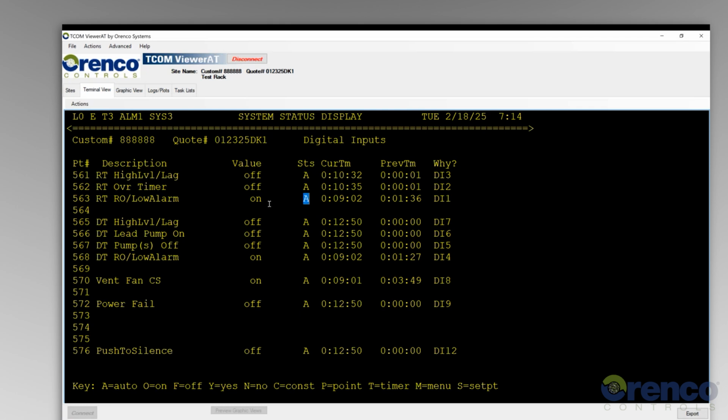So using the tab button, you can tab down, or down arrow, up arrow will do the same thing. But one thing to note, if you do the up arrow or down arrow, it's actually hitting enter at the same time. So if I wanted to tab down to one of these other floats and I wanted to override it on,